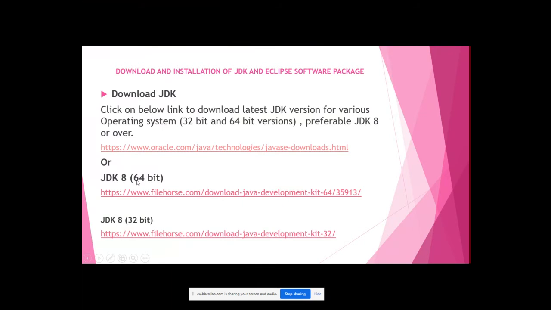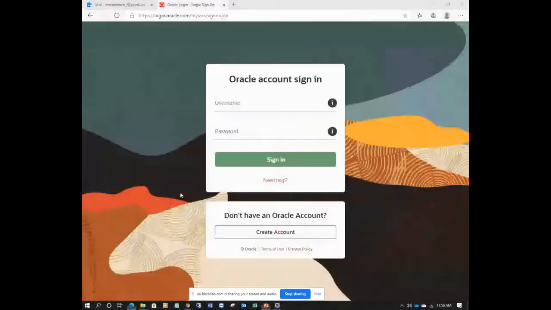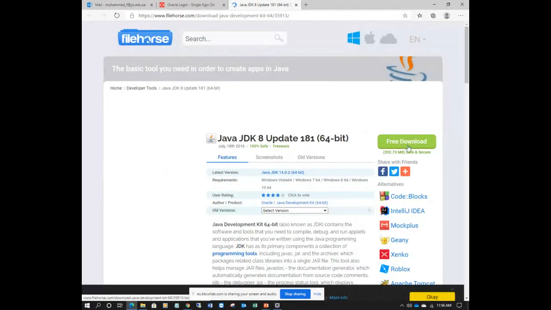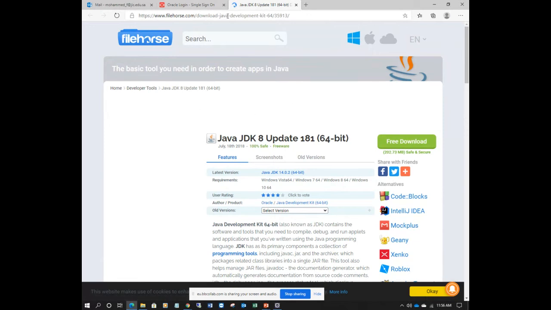If you want to download JDK 8 64-bit, just click FileHorse, it will take you to the page, then click download. This is also a very famous site to download the JDK. If you download from Oracle, you have to create an account; previously it did not prompt for a login.